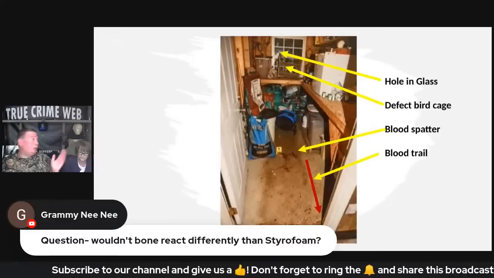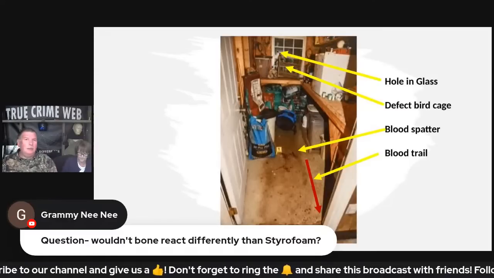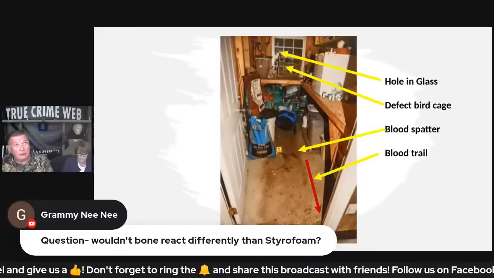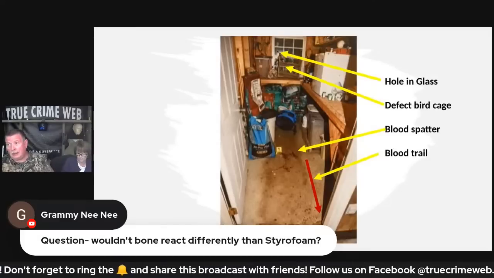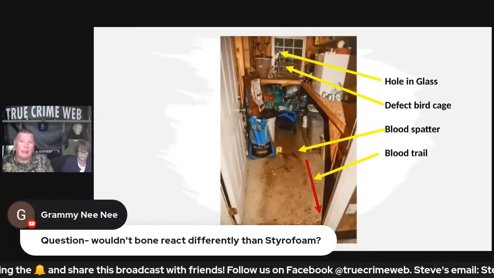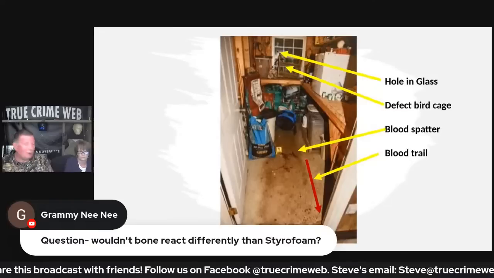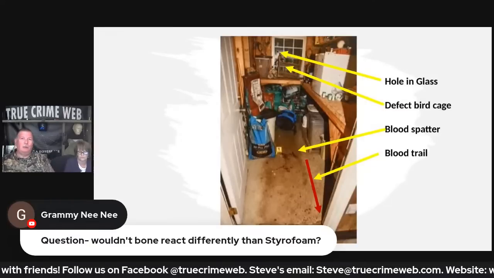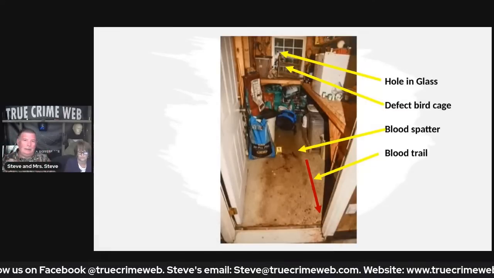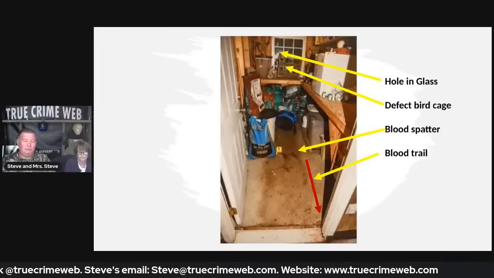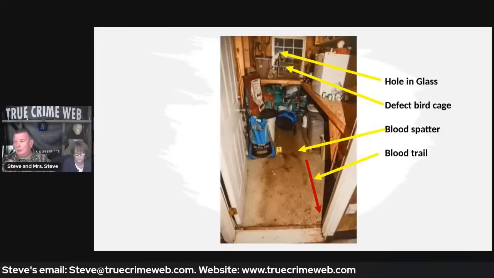Okay. But yeah, I just use styrofoam for the fact that now you can buy some of these ballistic gelatin skulls that have simulated bones and things. I just haven't started simulating the bones and things on close quarters that close. Everything just goes into a mist. Anyway. Yeah, it blows up anyway.